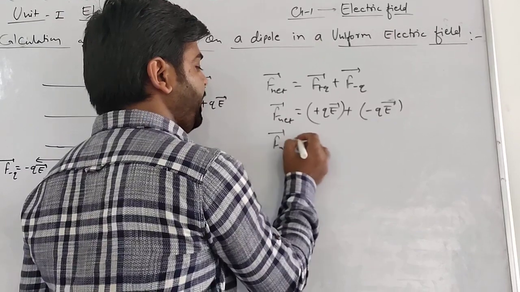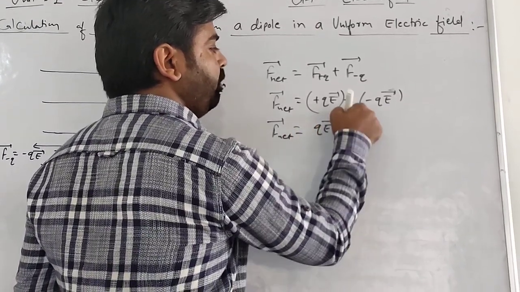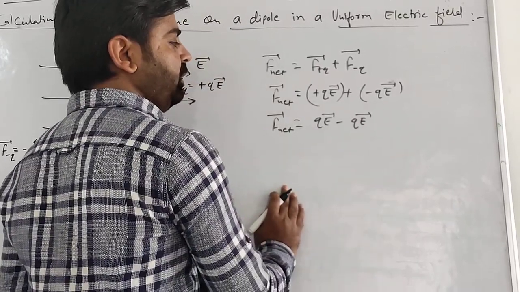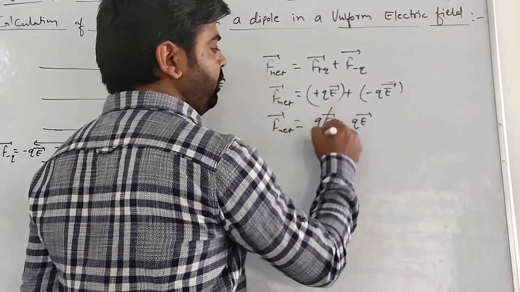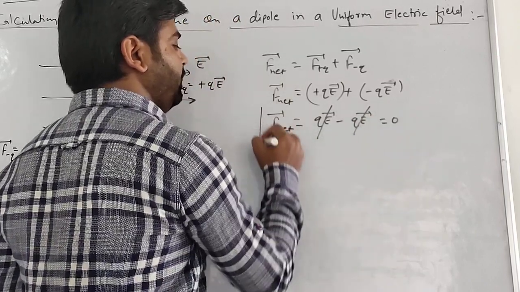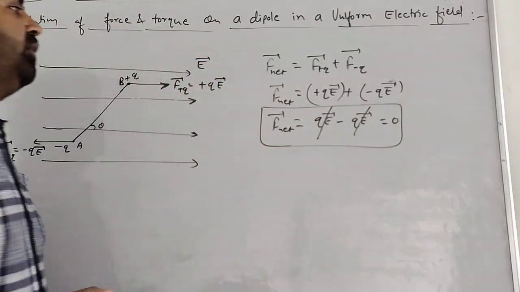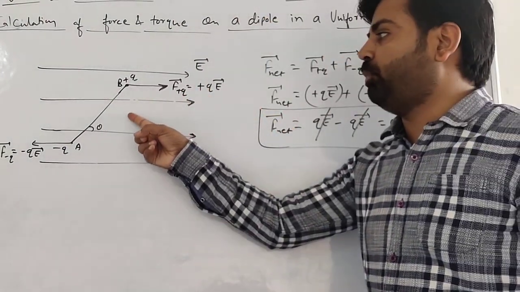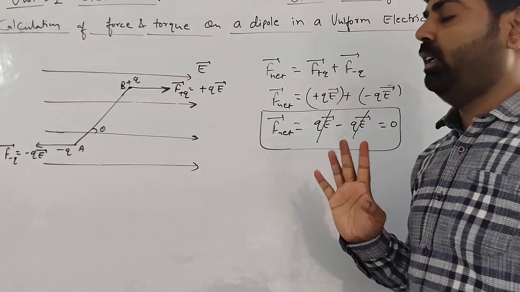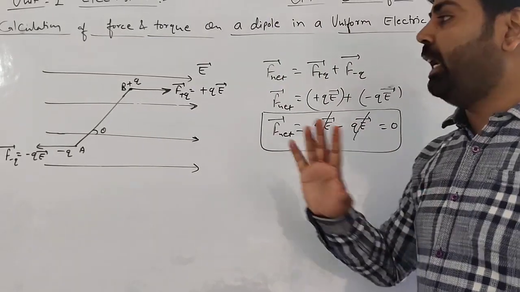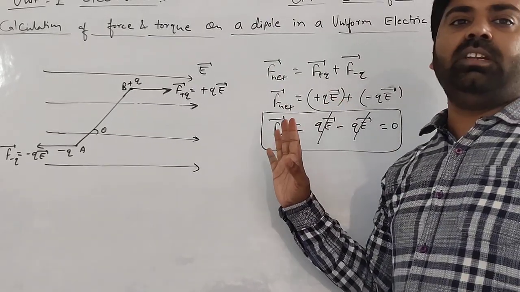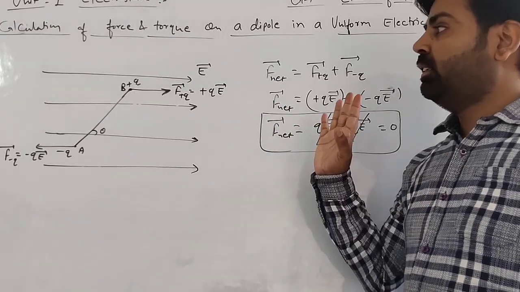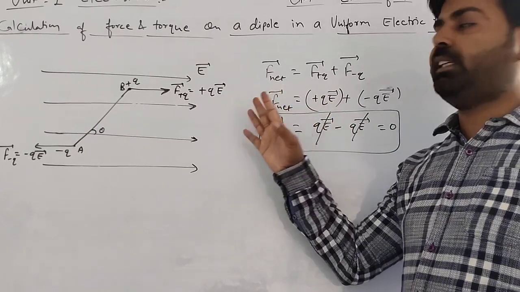So we get qE vector minus qE vector. Both cancel out each other, so the net force is equal to 0. So we conclude the net electric force on an electric dipole placed in a uniform electric field is equal to 0. So there will be no translation motion, or no linear motion, of the electric dipole,